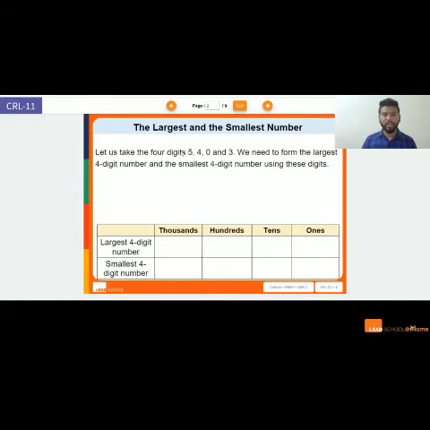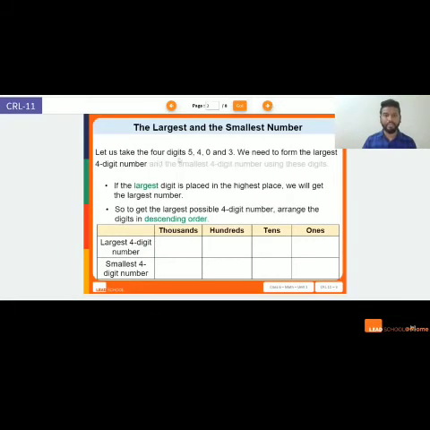So now that I know there are 4 digits, I know there are going to be 4 place values. So I'll quickly make my place value table as you can see. I've made my ones, tens, hundreds, thousands because there are 4 digits. If I had 5, I will add one more column and write 10,000s. If I had only 3 digits, I would stop only at ones, tens, and hundreds. Now we will see what to do next.